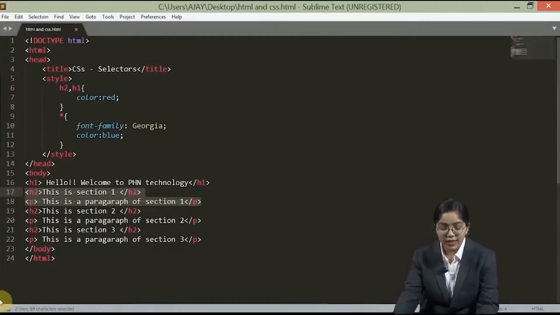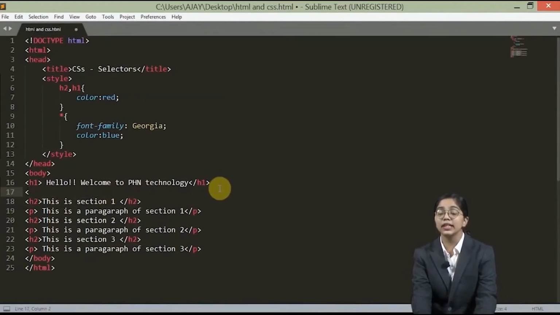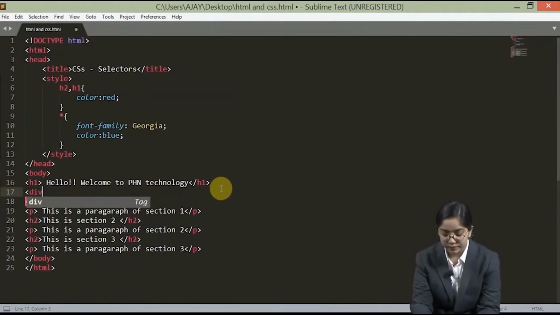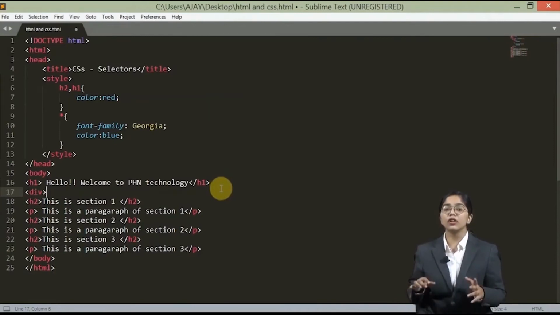But the span here is used when we want to highlight or give a styling to a particular word in a big line. So now let's just see the use of div, span, class and ID. Okay, so let's just put this particular section in one div. So the div element is a paired element. We are going to come across a lot of block line elements and inline elements in the upcoming tutorial.